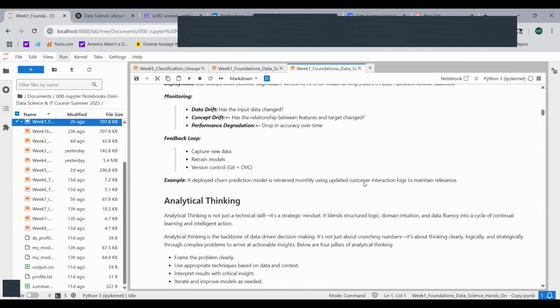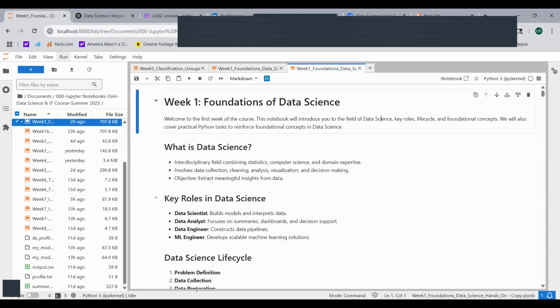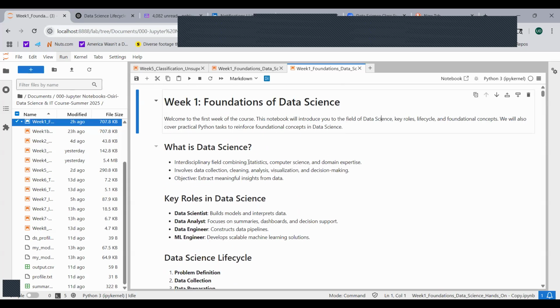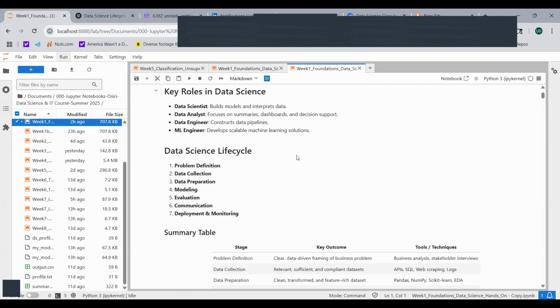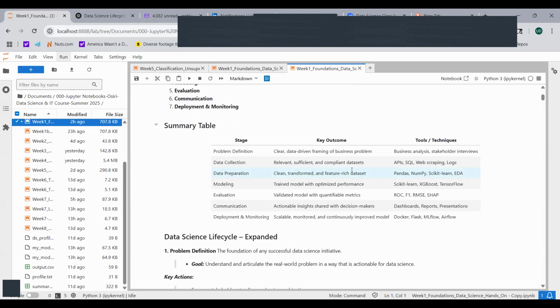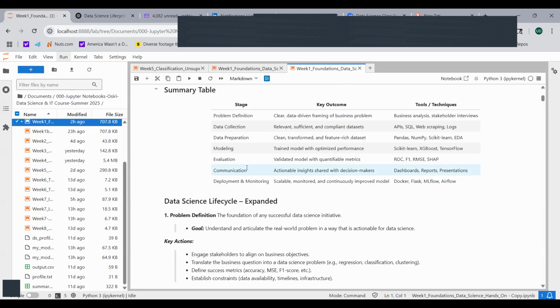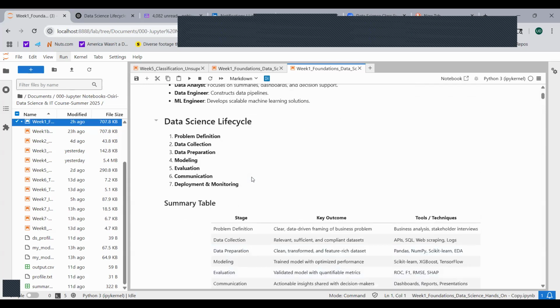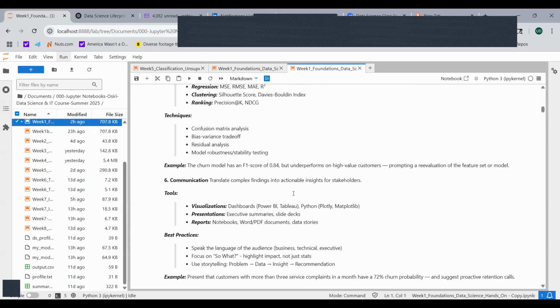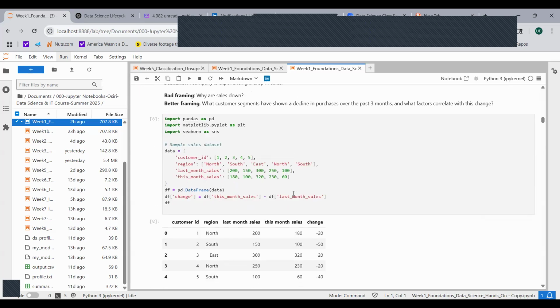So these are some of the discussions that will be going on. We talked about what is data science, interdisciplinary science, and so on. I didn't expound on all of this. Key roles in data science and what they do, and then the data science life cycle. I'm going to be discussing a little bit about the data science life cycle now. But that will be the nature of these